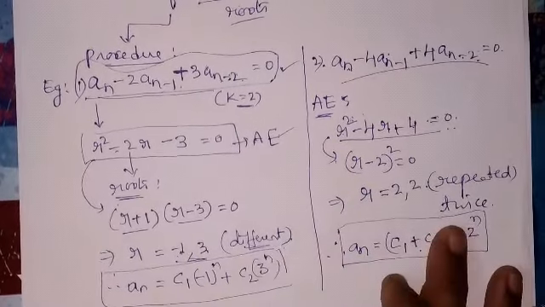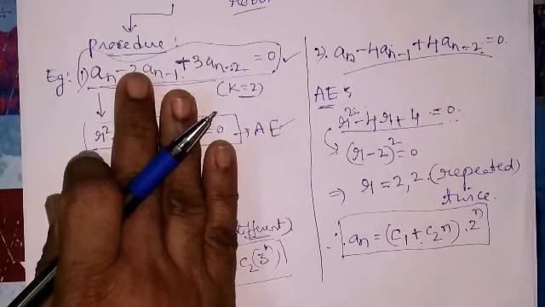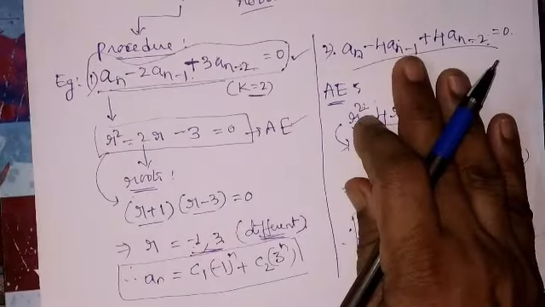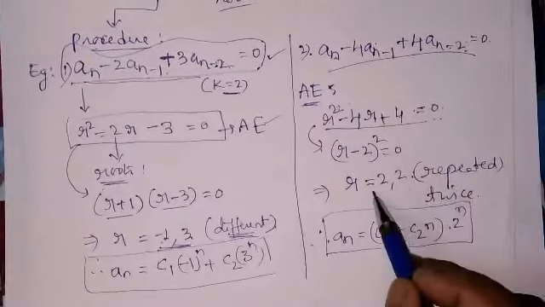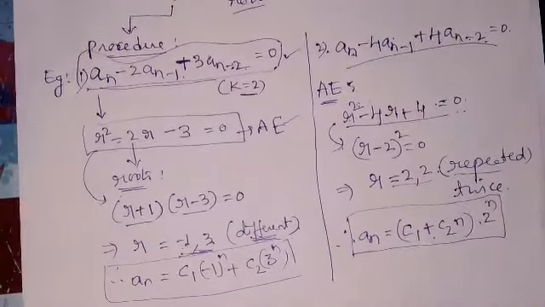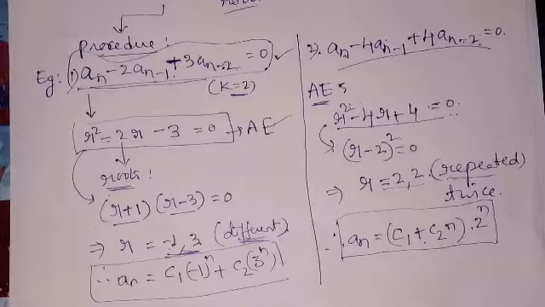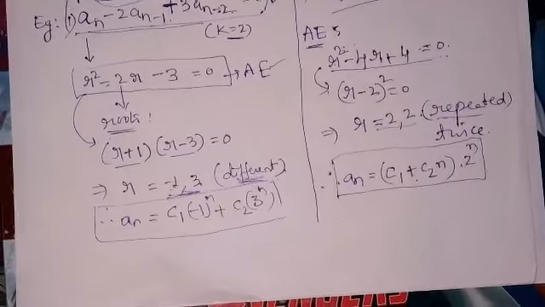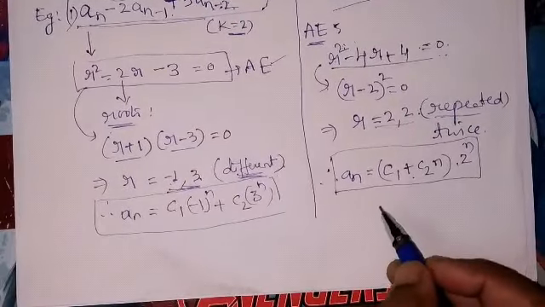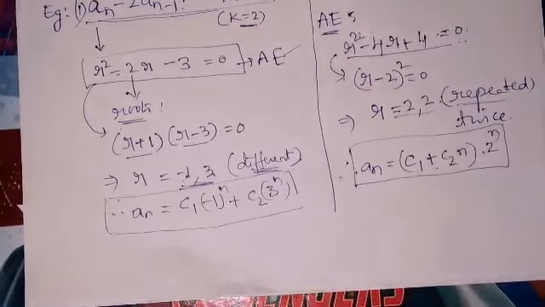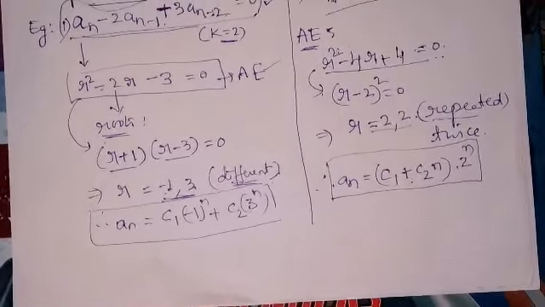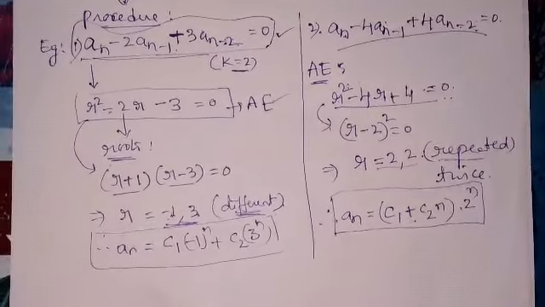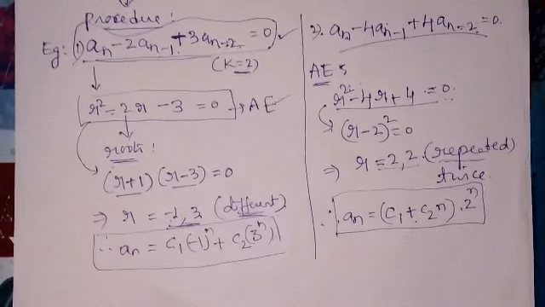So we have seen the two cases. In the first example, we have got the roots of the auxiliary equation different. Whereas in the second example, we have got the roots of the auxiliary equation repeated. So for any given problem, after writing the auxiliary equation, we solve it to find the roots. Based on the roots, whether distinct or repeated, we have to write accordingly the required solution. And this is how we solve a given homogeneous linear recurrence relation. As I told you already, this method is called the method of characteristic roots.